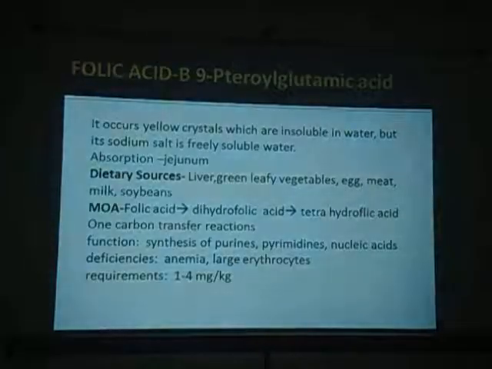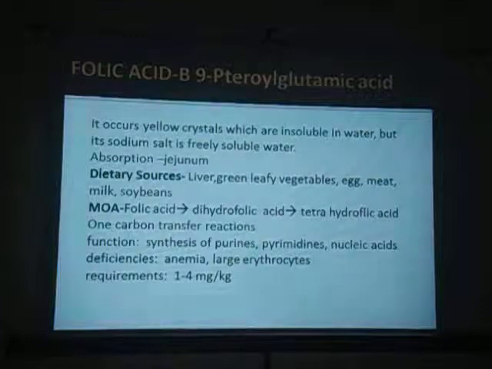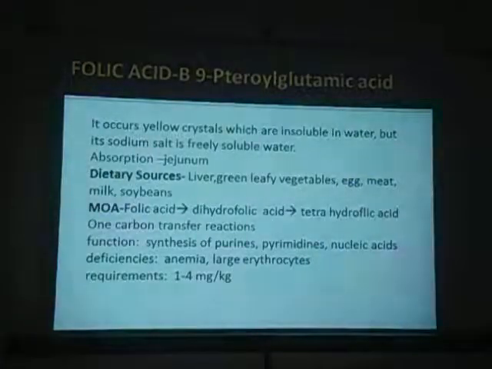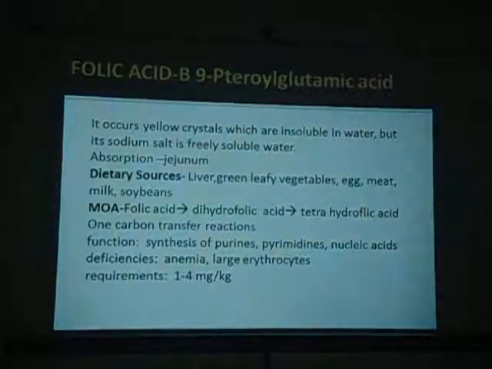Folic acid and B12 are the primary maturation factors for the RBCs. Because of the presence of folic acid and B12, the RBC size will decrease and they can mature into erythrocytes. If these vitamins, B12 and folic acid, are not present, what will happen? They will never mature, and the immature RBCs are bigger in nature. That's why we get a type of anemia called